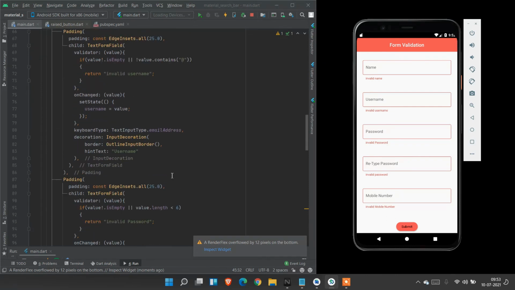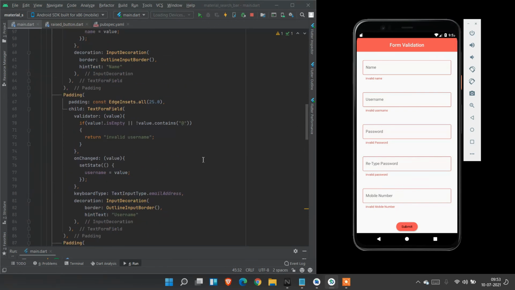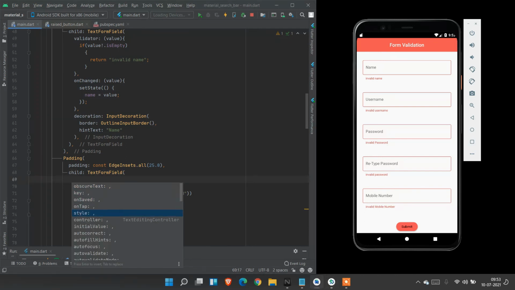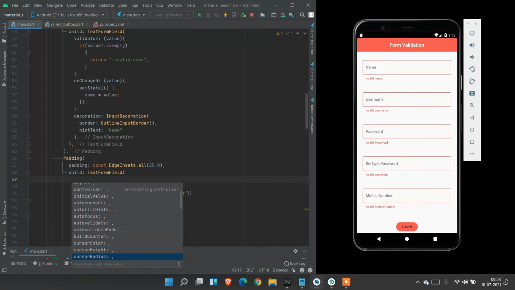Form validation. This is the simple form validation using Flutter. You can validate any type of form using this form key and text form field property. Here it contains many other properties to check your form. Use this to the max extent in your project.